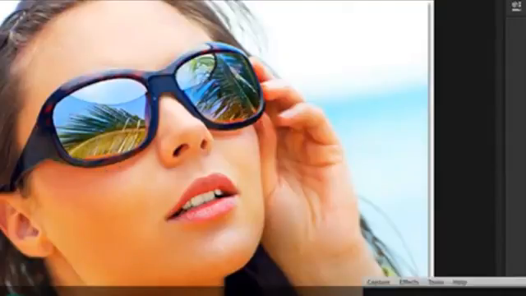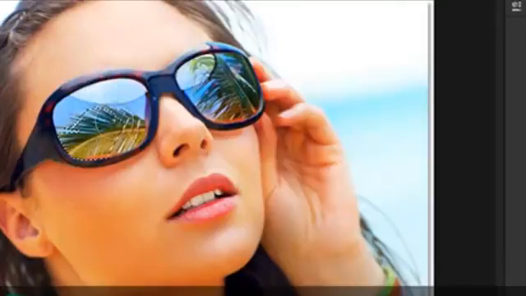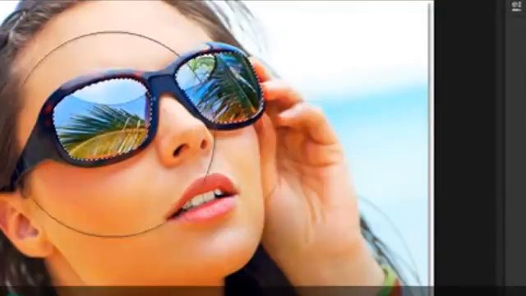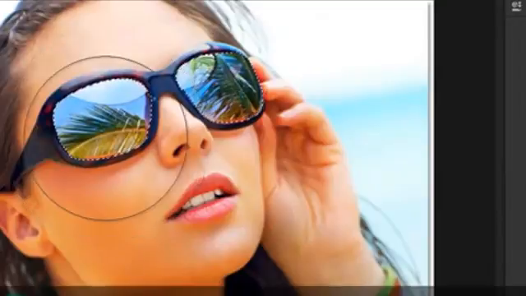But anyways, guys, say you select any of your selection tools, and I'm just gonna press my W key to get to my quick selection tool. And say I'm gonna quickly select her eyes over here, or actually these goggles. And say you now want these selections to be filled with a particular color. Now you can go over here and change your foreground color, and you can go to the brush and just paint in that color, and that technique will work fine, at least for this situation. But sometimes